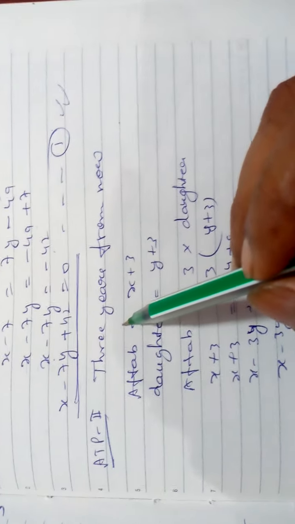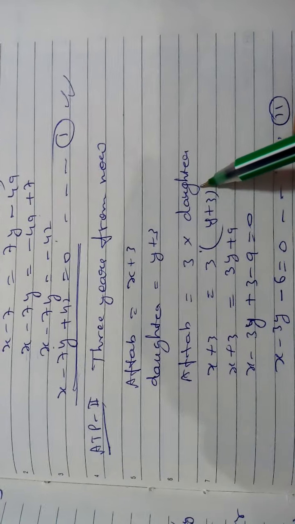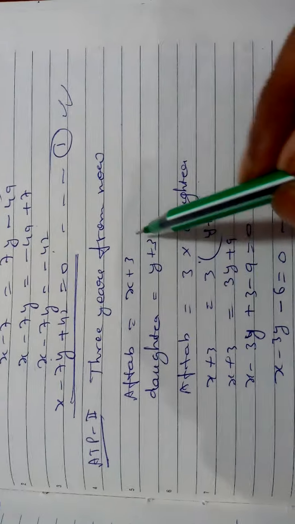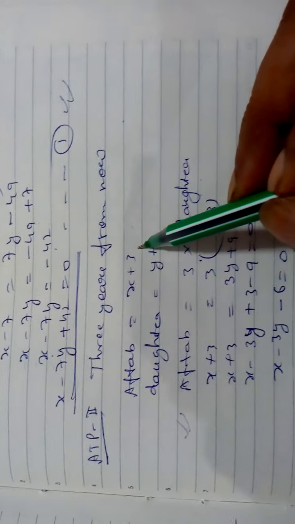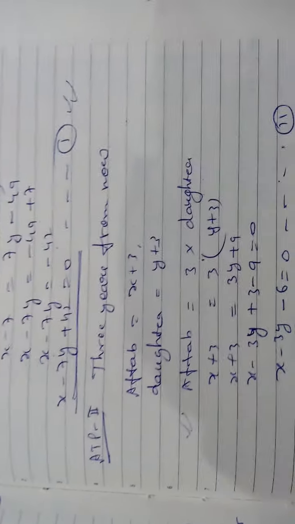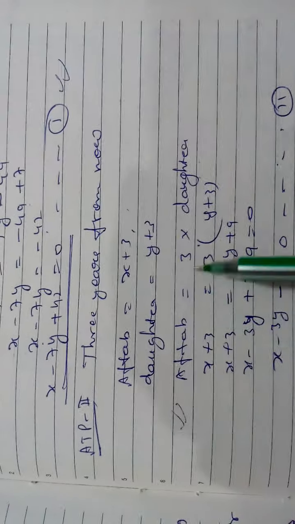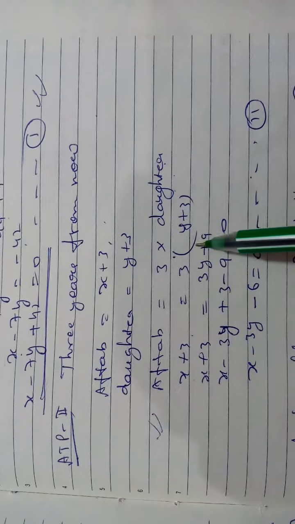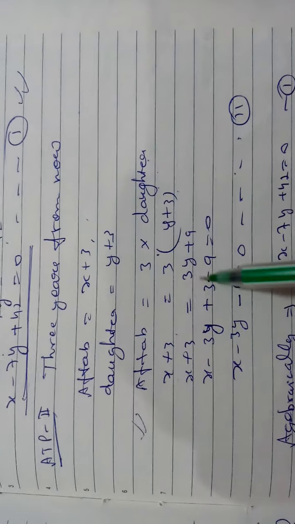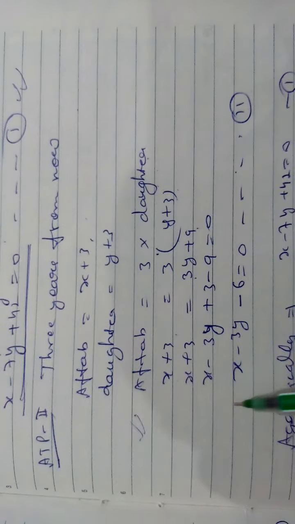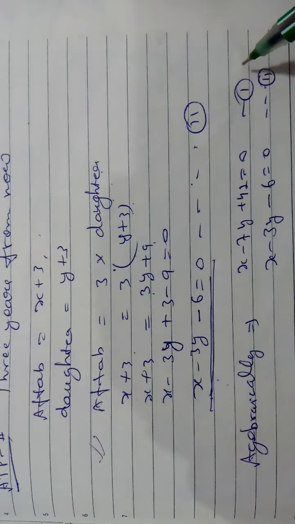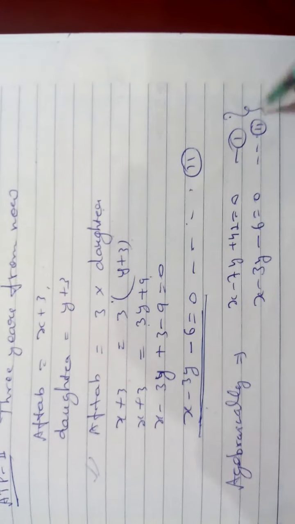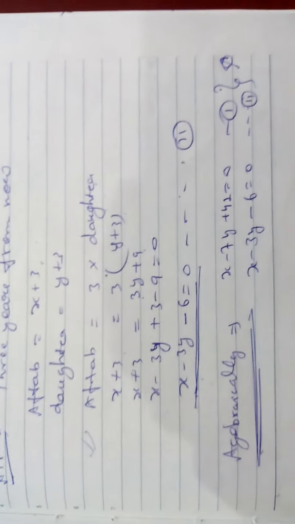3 years from now, Aftab is again saying 3 years from now I will be thrice as old as you, you meaning daughter. First of all, don't see that line. First you write the age after 3 years, 3 more than present age, x plus 3, y plus 3. So Aftab will be 3 into daughter. So x plus 3 is 3 into y plus 3. What will you get? Open the bracket, 3 times 3 is 9 here. Transposing, you are getting this equation, final equation second. Both you write together and it will be your algebraic form. This is called algebraic representation, which is over.